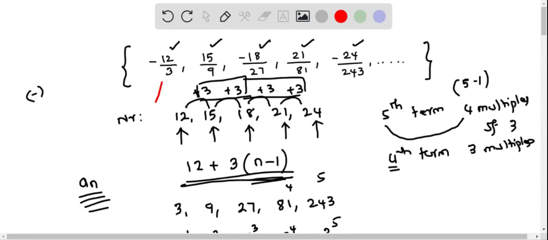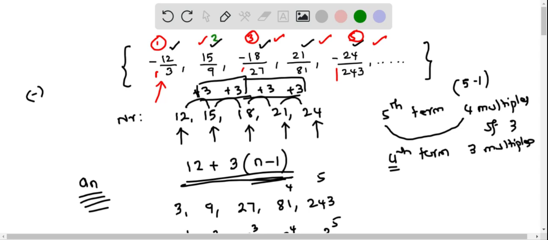That is, the sequence starts off with a negative number, and then it becomes a positive number, and then the third term is a negative number, the fourth term is a positive number, the fifth term is a negative number. Or otherwise, we can say that all odd terms are negative. This is the first term, this is the third term, and this is the fifth term. These odd terms are negative. You see that it is negative, negative, negative. However, the even terms,